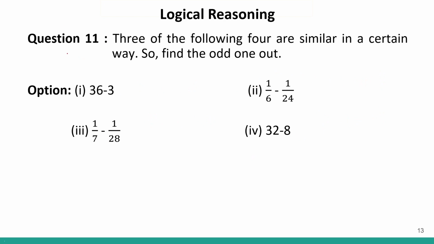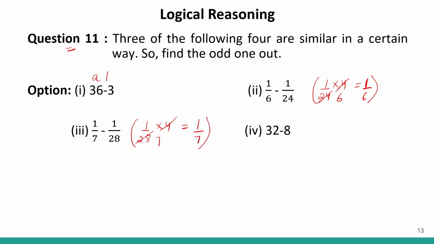Now, question number 11. If I look at question number 11, let me see. If I have to get 1 by 24, and I have to get 1 by 16, I can say that if I multiply 1 by 24 into 4, this will be how much? This will be 4, 6 times. So, this will be equal to 1 by 6. Similarly, if I multiply 1 by 28 into 4, this will be how much? 4 7s are 28, so I'll get 1 by 7.